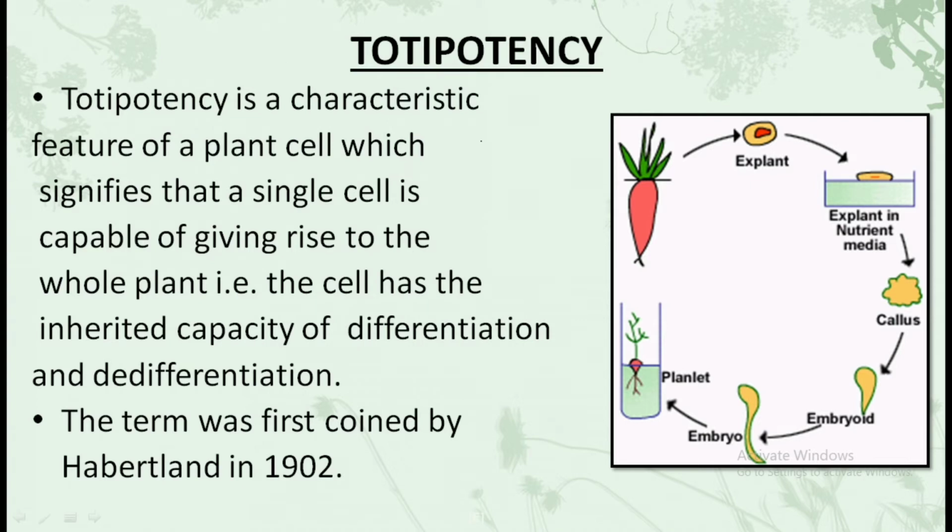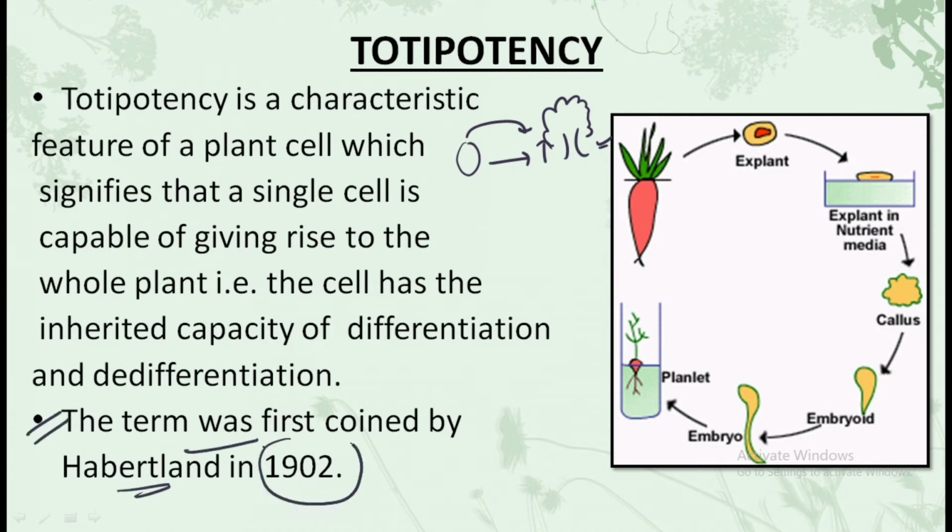In simple words, it means that consider this is a plant cell, and this plant cell has the capacity to grow, to reproduce and produce an entirely same type of plant from which this particular tissue or cell has been taken. This is what is known as totipotency, and every plant cell has the potential to have the totipotency feature, that is, it could develop into an entirely new plant which is the exact copy of the source plant. And this term totipotency was coined by Haberlandt in 1902.